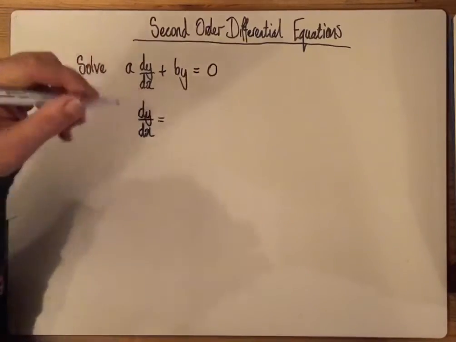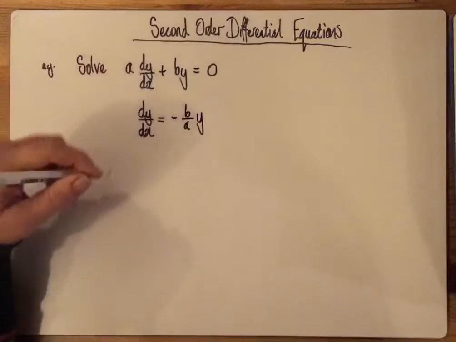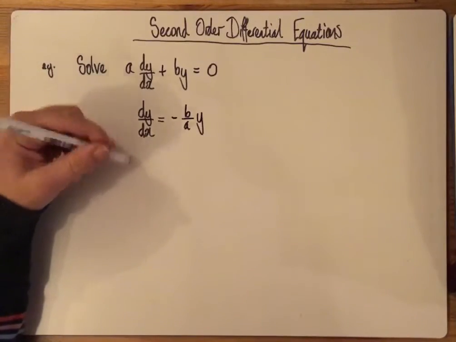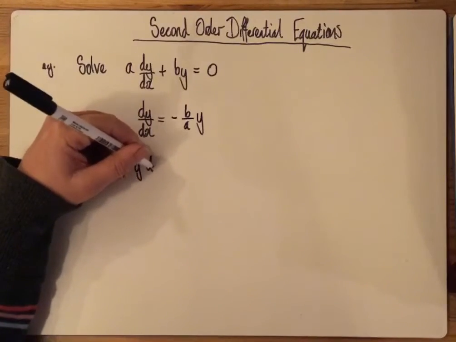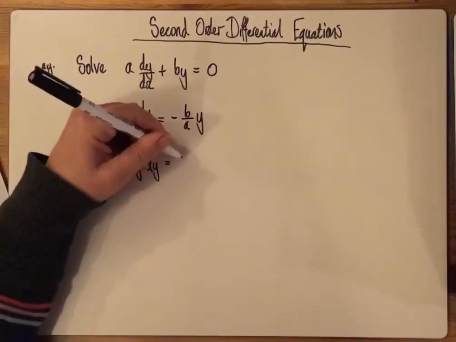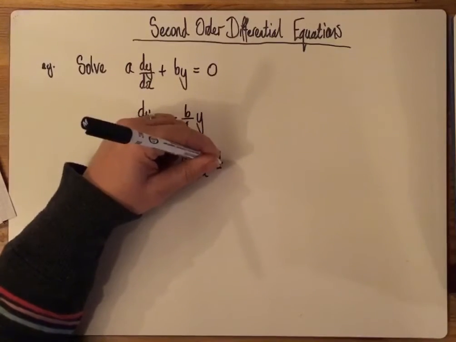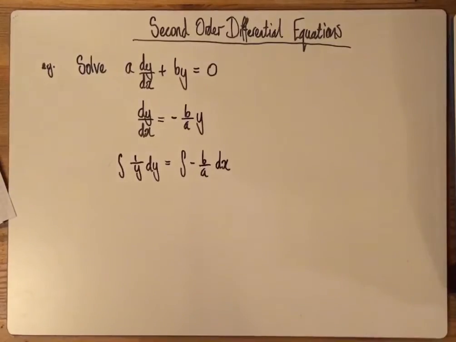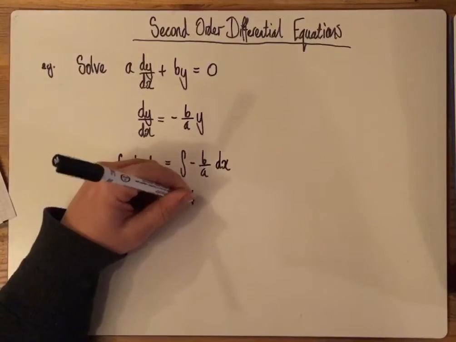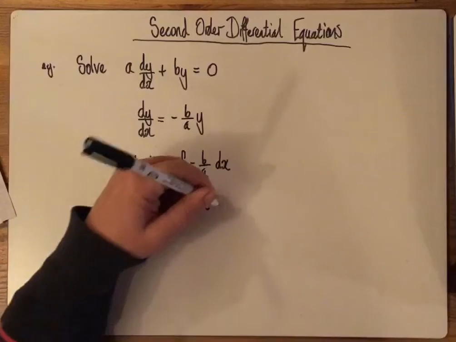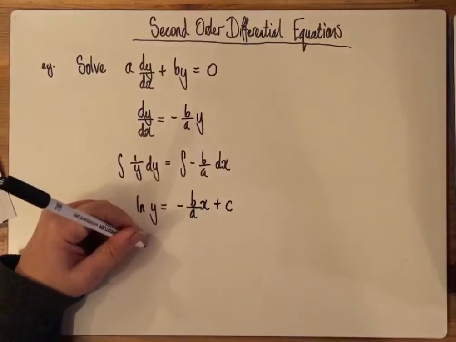dy/dx is equal to minus b over a y, and then that will end up giving you the integral of 1 over y dy is equal to the integral of minus b over a dx when you separate the variables. And so ln y is equal to minus b over a x plus c, and then when you do e to the power of both sides,